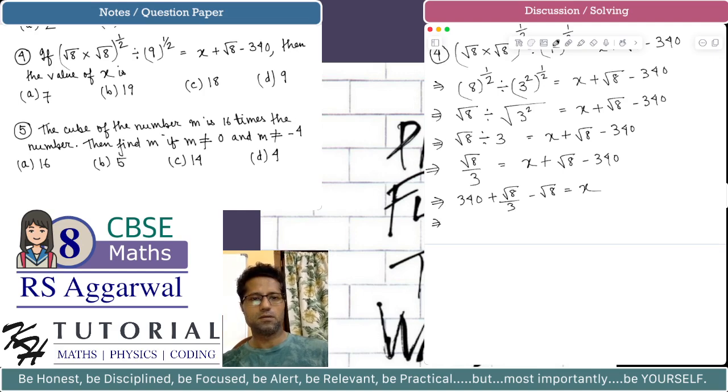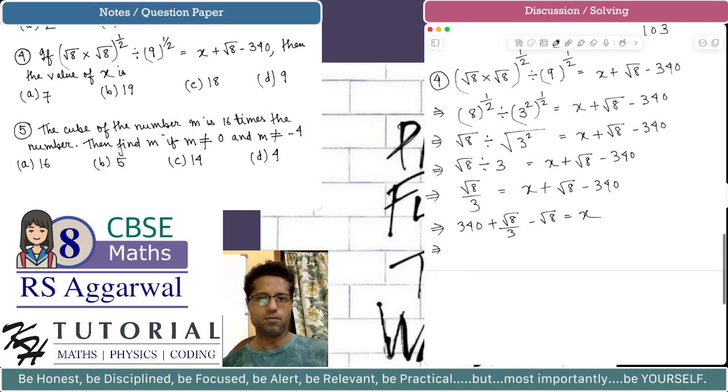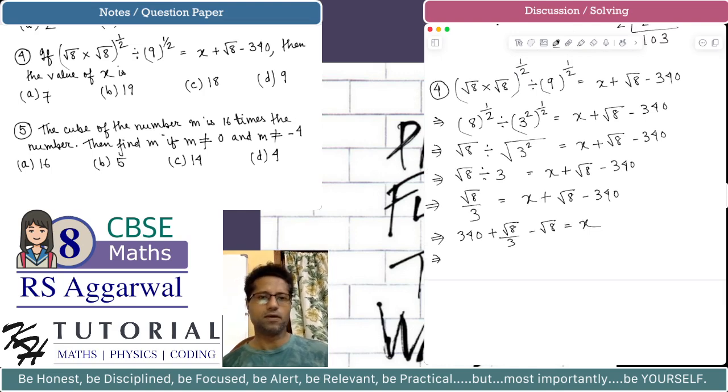Is it square root or is it cube root of 8? Maybe in the problem it will be cube root of 8 instead of square root. If it is cube root of 8, then we have on the left hand side 2 multiplied, cube root of 8 is 2. So 2 multiplied by 2 is 4. 4 to the power half is 2. So we have 2 by 3. 2 by 3 is equal to, no,